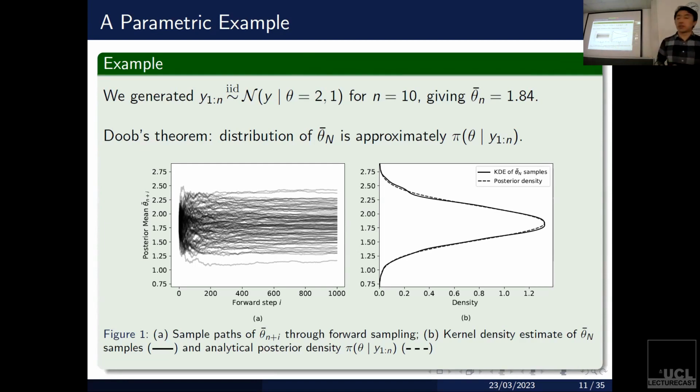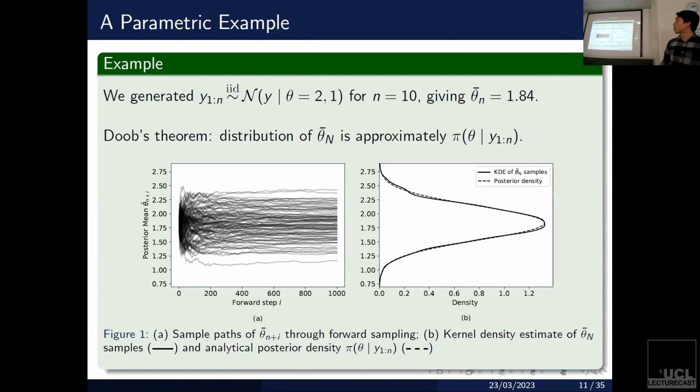And we can see that each of these gray lines is a single imputed population. We see that as you impute more and more of the population, your parameter estimate theta bar n converges to a fixed point on the right-hand side. The intuition here is that we've essentially imputed the entire population, so there's no more uncertainty left in our parameter of interest. What's interesting is when you repeat this procedure, so we start again from theta bar n, little n, and you draw a new trajectory, it's going to again converge, but the point that it's going to converge to is going to be different. And every time you impute the population, you're going to get a different value of theta infinity.